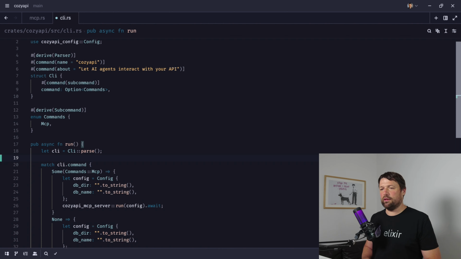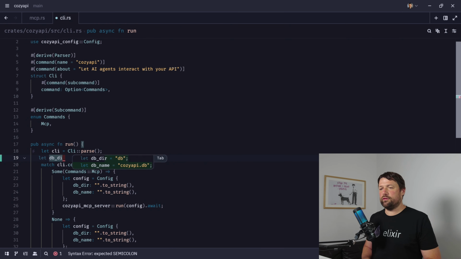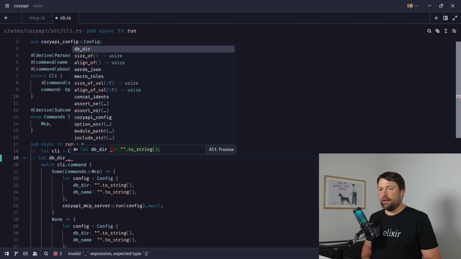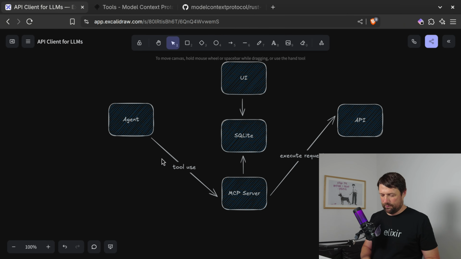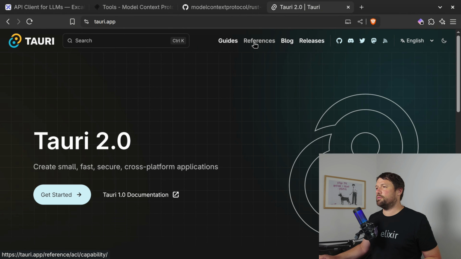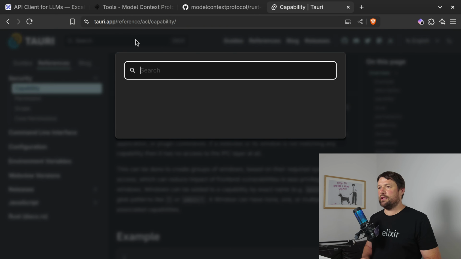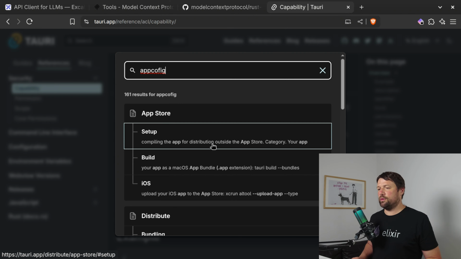So the point here is that what we actually want is we want the database tier to be configured. And the question is, what do we want to set this to? And I have to actually look this up. So the Tauri app, or Tauri actually provides some way to get this. They call this an app config, where by default all the